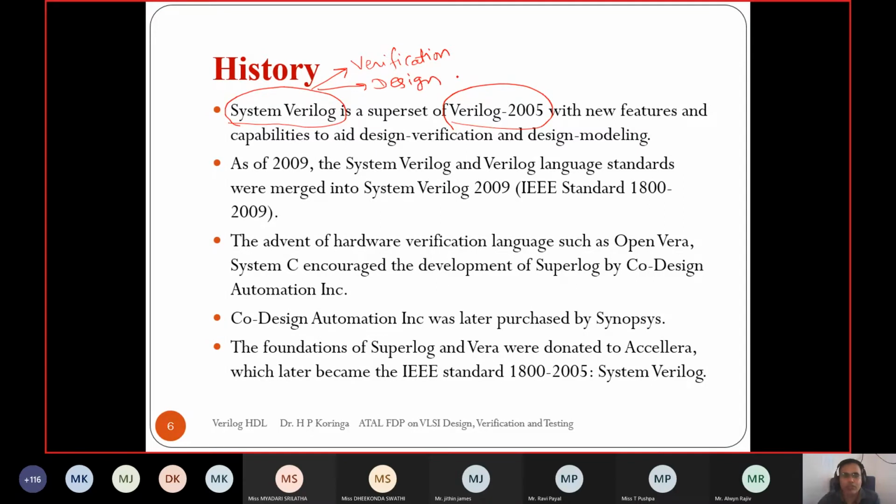It can be used for both design as well as verification. As of now, SystemVerilog is so popular in verification.